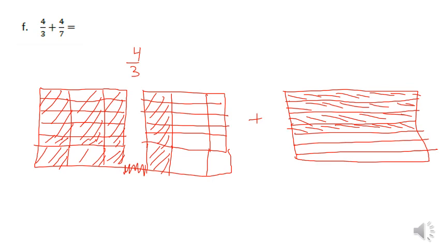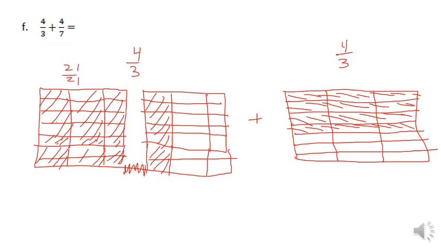Okay, disregard this bottom line right here. Now our 4/7, we have to split that into thirds. Now we can see over here we have a 3 by 1, 2, 3, 4, 5, should be 7s. 1, 2, 3, 4, 5, 6. Forgot to split them into 2. There's 7s. So over here I can see I have 1, 2, 3, 4, 5, 6, 7 by 3, so